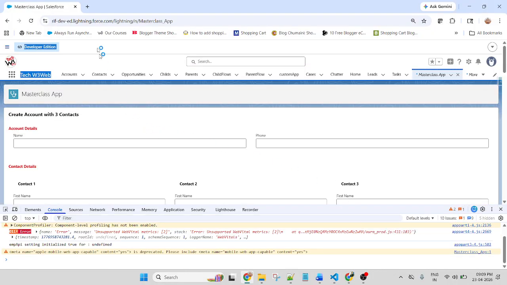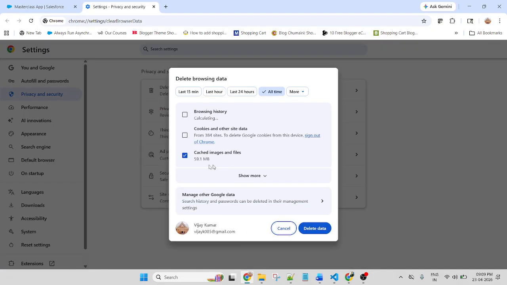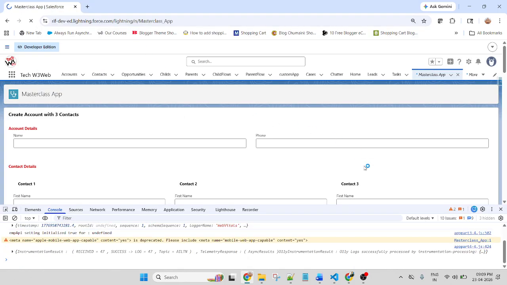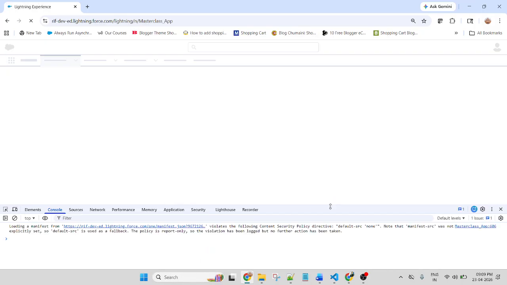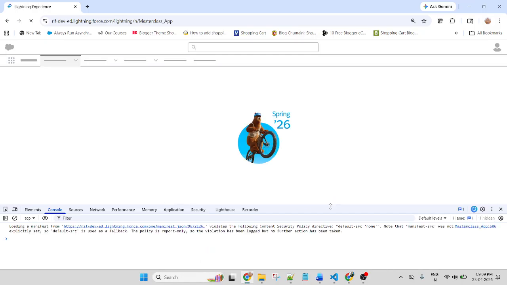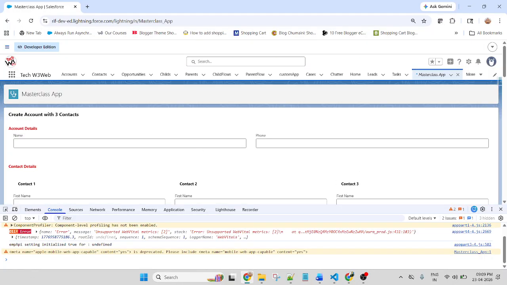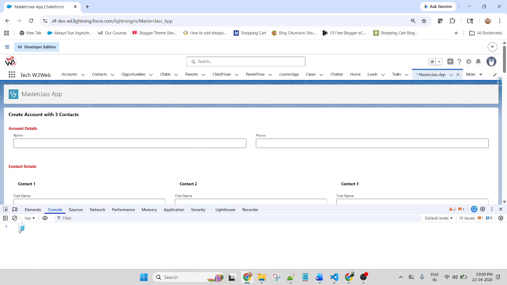I think my data is not refreshing. Let me remove the cache and cookie. Refresh. Now clean up the console.